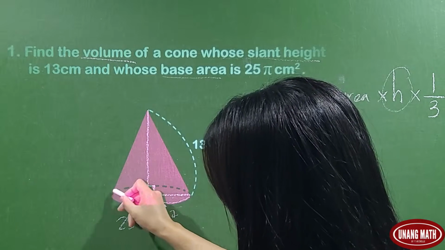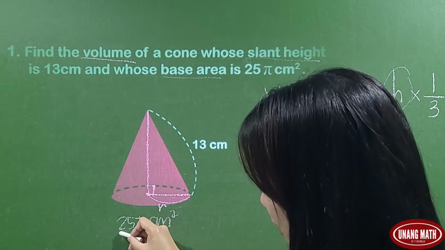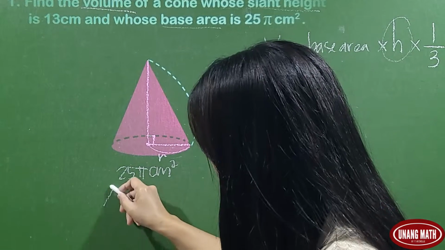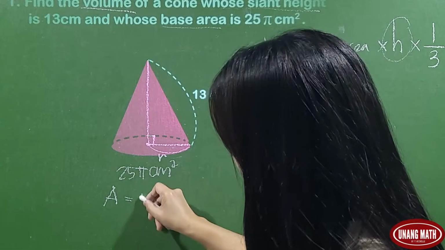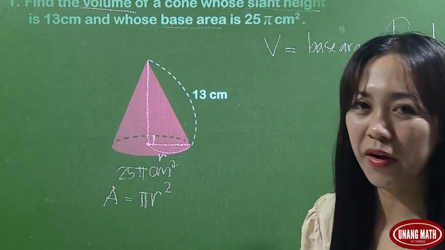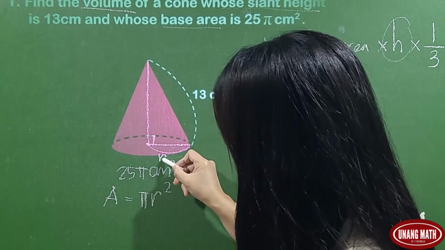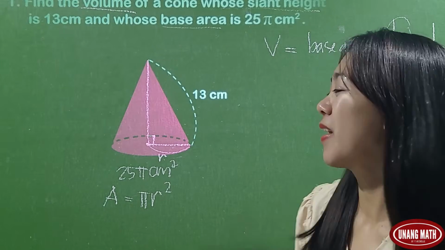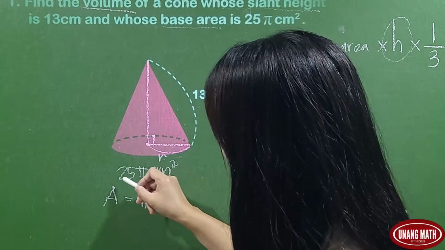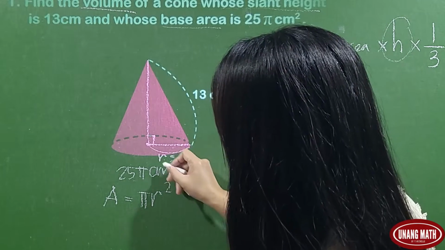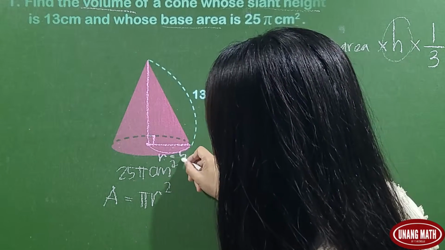Since the area of this circle is given, and that's 25 pi squared centimeters, take note, to find the area of a circle, that would be pi times radius squared. So it means the radius or this length is 5 centimeters because 5 times 5 would be equal to 25. So now we know that this length is 5